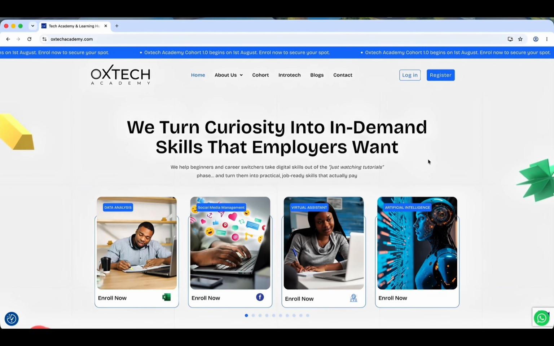Let me quickly do that right now for the purpose of this video. And then you click register after filling in the correct details. Like I said, you could get prompted that your account already exists or that your password does not match. If you get prompted that your account already exists, either you sign in with Google for that exact email address, or you log in. So in the case where you want to log in,